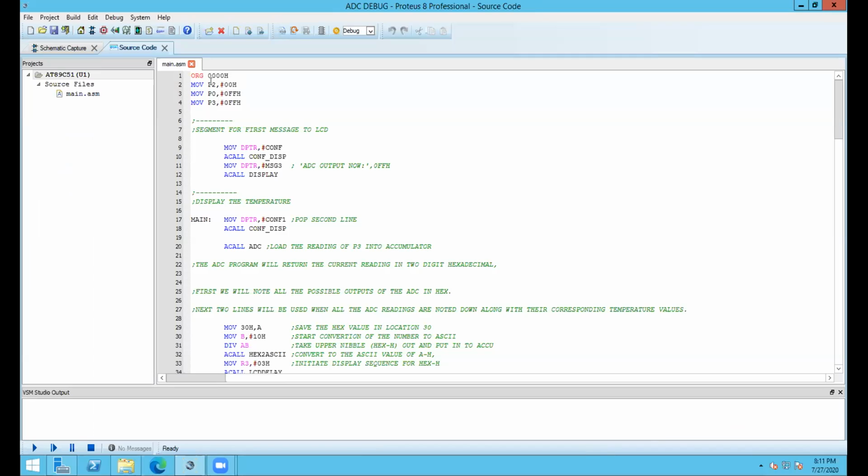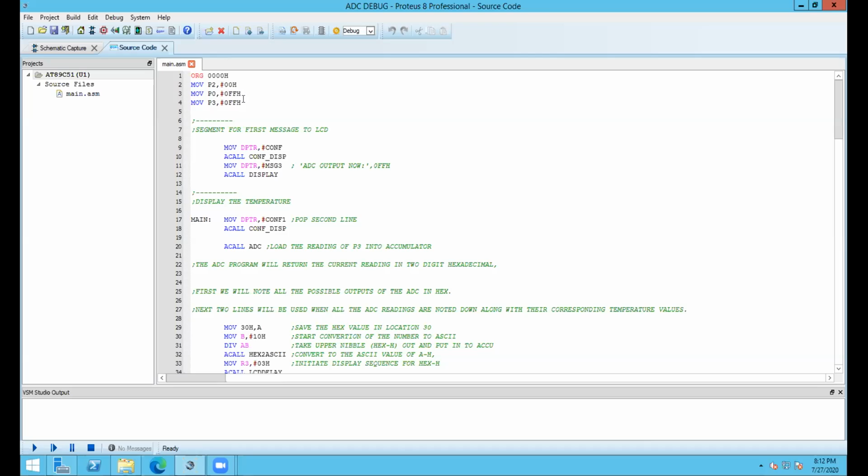So in our source code, you see we have put 00 hex to port 2. That means to clear out any signal that is currently in the bus of the LCD. We have put port 0 to 0FF hex. That means all the pins of port 0 will be high, so that all the LEDs will be turned off at the initial stage of the program. Am I clear? Yes, sir. And to port 3, we have also sent 0FF hex just to make all the pins of port 3 high, so that any changes can be read accordingly.